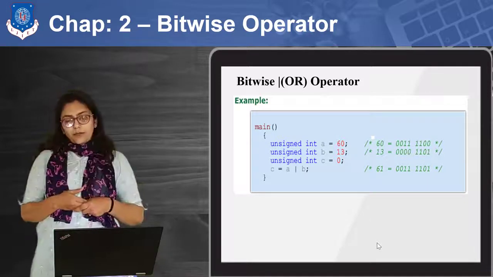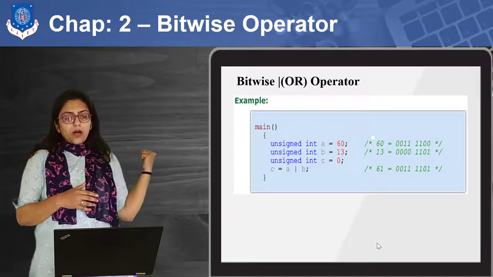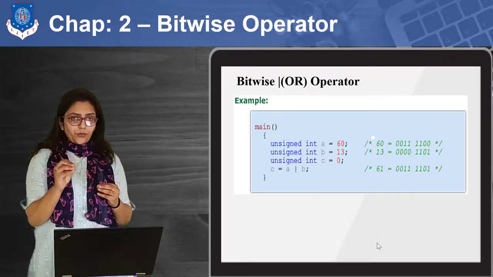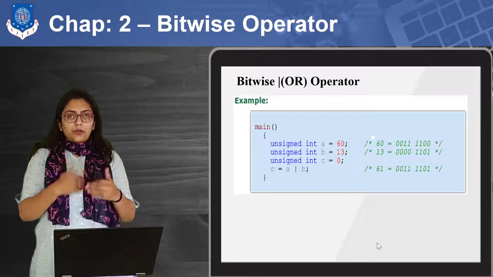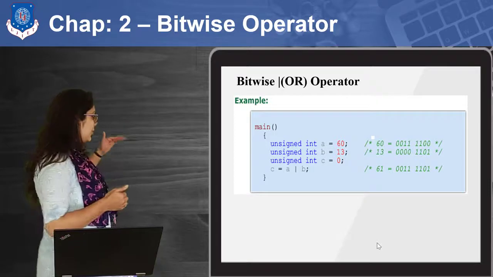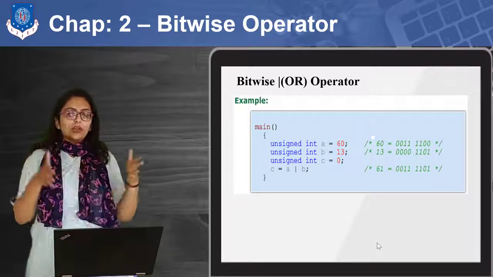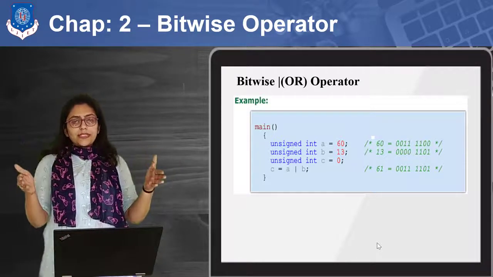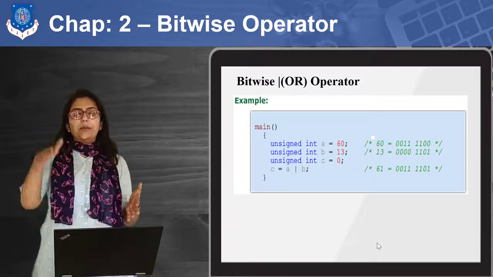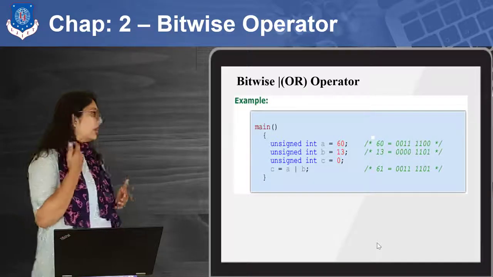be used in practice. You can see I have taken similar unsigned numbers A, B and C, and here I have initialized C as 0. Don't get confused that I am doing some kind of initialization in the result. You can initialize the result, but whenever you perform any operation, this result will be overwritten. So by default, in the box of C, I am putting 0. Later, when the expression is evaluated, it will be replaced with the resultant value. So the initialization of C is optional over here.